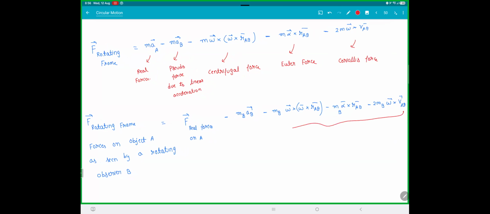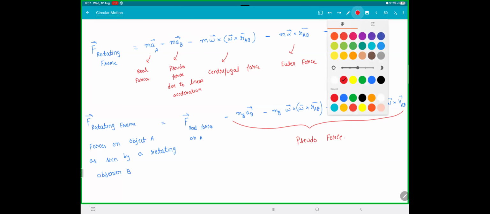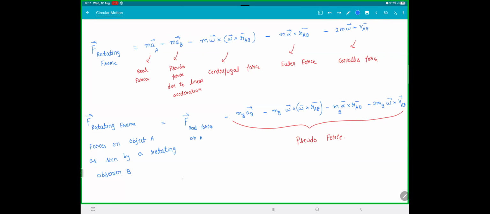So when you take all these four terms together, this is called pseudo force. So when an observer is rotating, you don't get one pseudo force, you get actually four pseudo forces. What you have done in NLM was only this one pseudo force, M into AB. But when you rotate your head, you get this many pseudo forces: centrifugal force, there's also something called Euler's force, and there's also something called a Coriolis force. To put it in simpler terms, I can write like this. F rotating will be F real